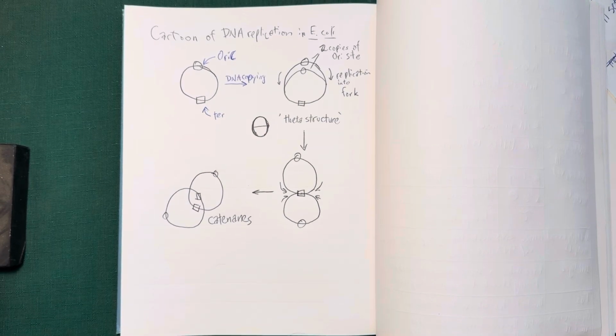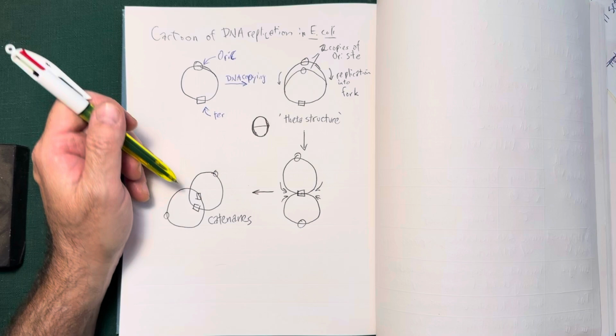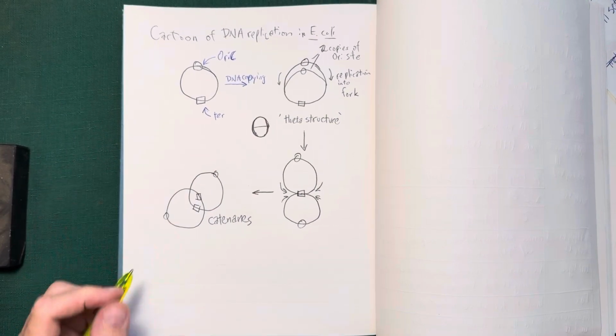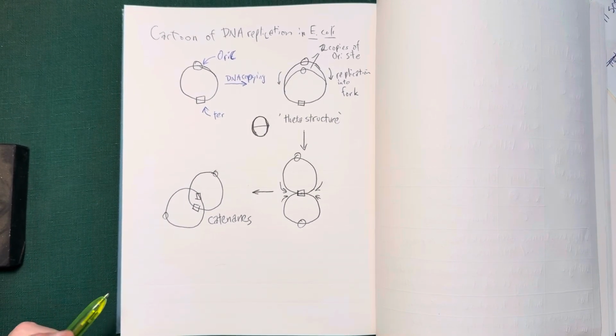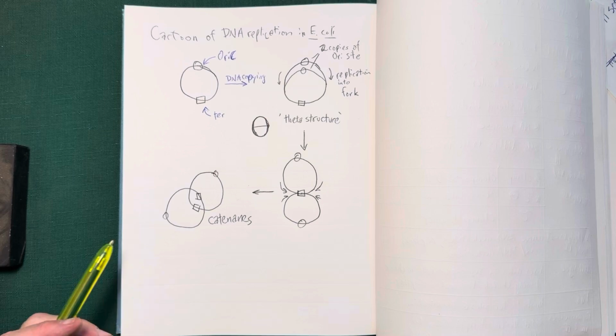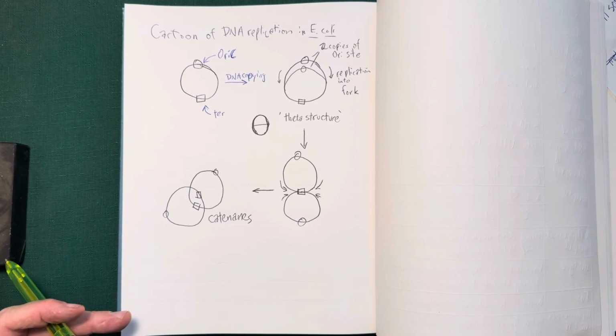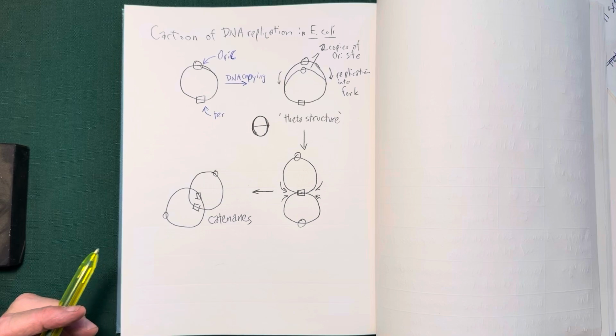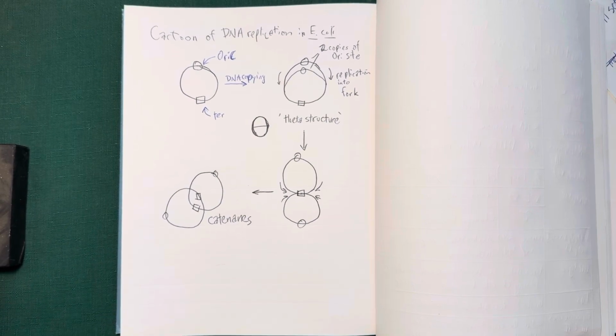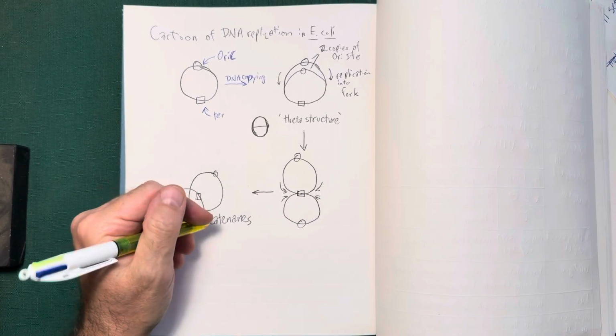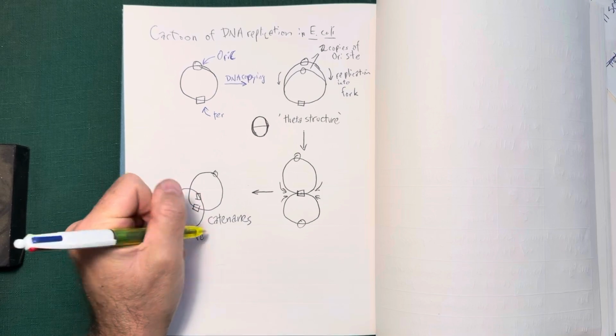And catenanes are when the two replisomes are linked to each other, like a pair of linking rings, like two links in a chain are attached to each other. Well, we don't want two links in a chain. We want two separated links. So in order to do that, we have to resolve those catenanes